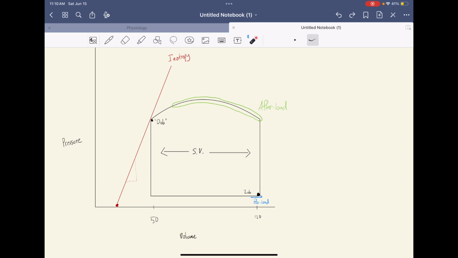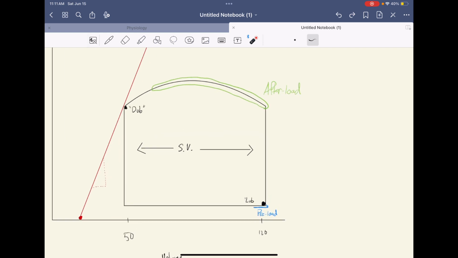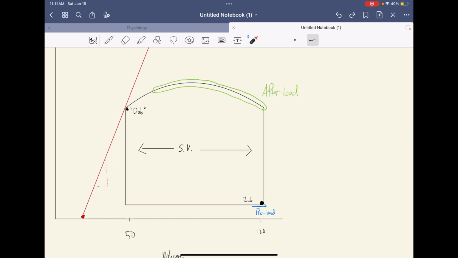The heart is less elastic. Whereas if it was here, the heart was more elastic, and it doesn't take as hard of a squeeze on the heart, of a contraction on the heart to move that blood. But that is the basics of a